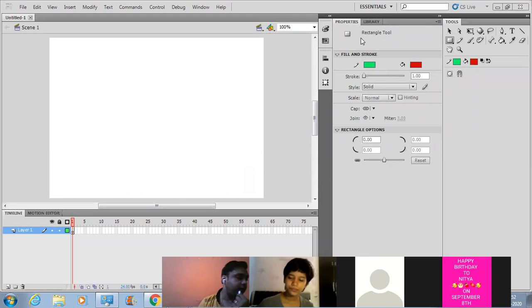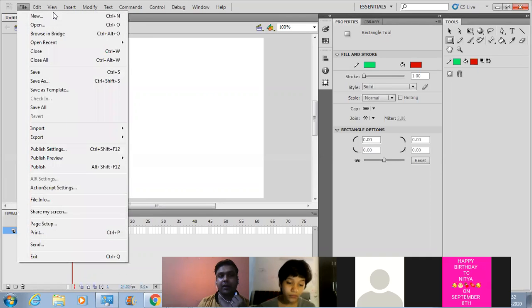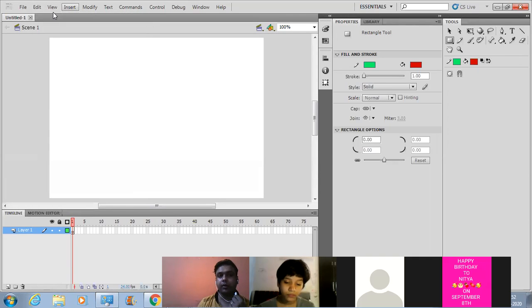So when I ask you to describe the Flash workspace or to tell me about the Flash environment, what are the 4 or 5 things you are going to tell me? The first thing is that we have a menu bar in the Flash environment, in which we have several options like file, edit, view, insert.